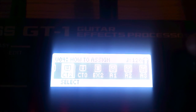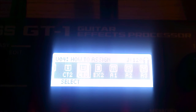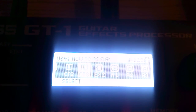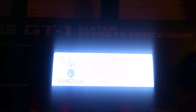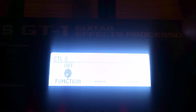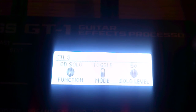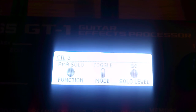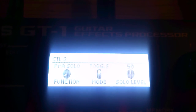Let's just say that we also want a solo boost when we have to play lead. So this time we're going to scroll to CT3, meaning our third control here on our external foot switch. You're going to press enter, and we're going to change from the clean twin to the Marshall. So the Marshall preamp is going to have a decent amount of gain. So I'm just going to set my solo boost as my preamp A solo, meaning that when you assign this,